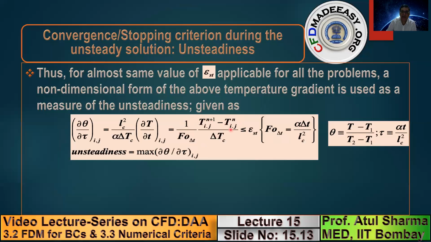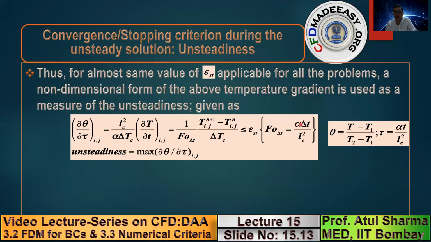Note that if you are developing a code which is in dimensional form, then you have already obtained the temperature in your program using the dimensional temperature. So using the dimensional temperature, you use this formula. These are all dimensional temperature values. You calculate this Fourier number corresponding to the time interval. This is the thermal diffusivity, which you know corresponding to the material given in your problem.